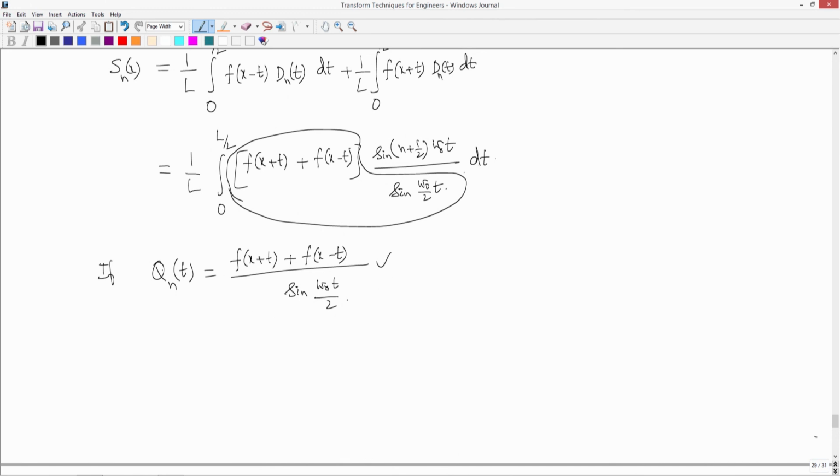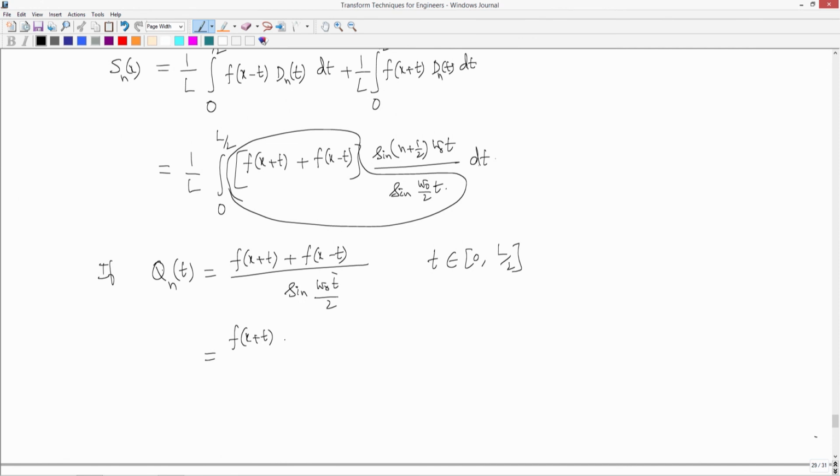You see that t belongs to 0 to L by 2, which is what the integral is between. As t goes to 0, I have a trouble here. The denominator is 0 and the numerator is something like 2 times f of x, so it is something divided by 0, and that is going to be infinity. To avoid that, I will just rewrite this q as f of x plus t minus